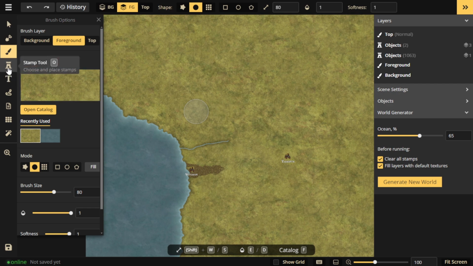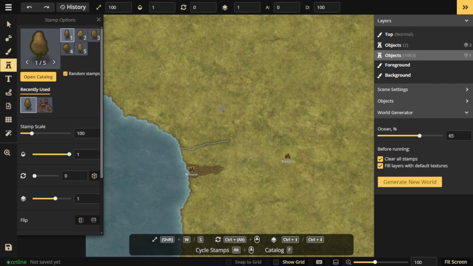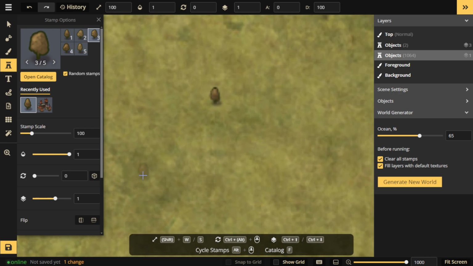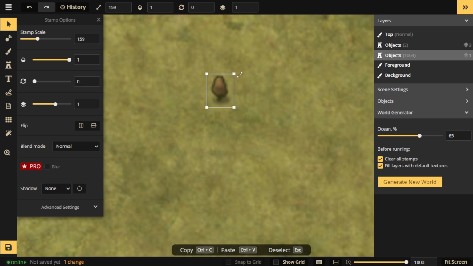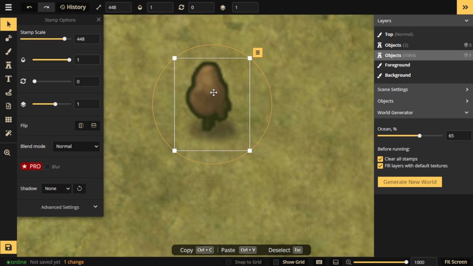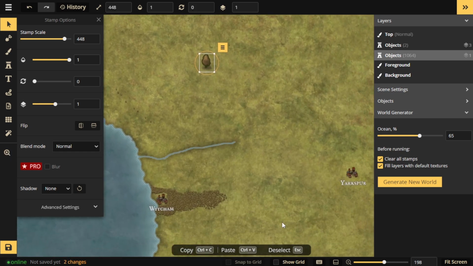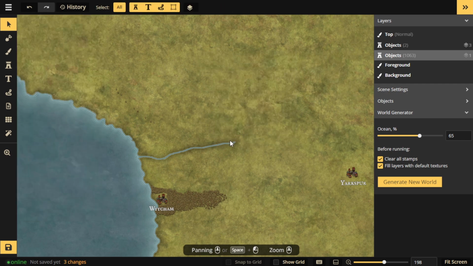Now, like if you want to place a tree, just click on the stamp tool, find the tree you'd like, then you can put it in there. Of course, I have them set so small because I'm creating a much larger map. But then we can use the select tool, grab that guy, and we can make him bigger or smaller depending on what we're trying to create for the map. Then when you scroll out, you can see that it is much bigger than the rest of the trees. So I'm probably not going to keep that one. I'll delete it just like that. So Inkarnate is pretty simple to use and pretty straightforward.